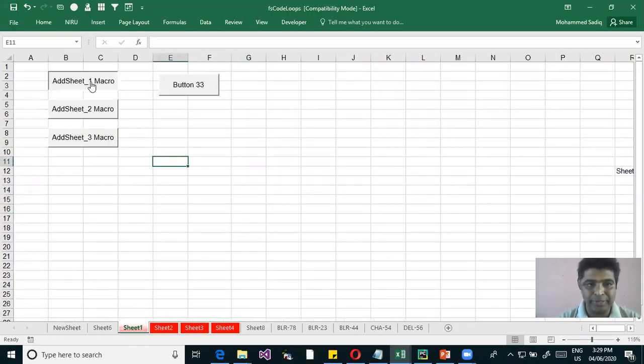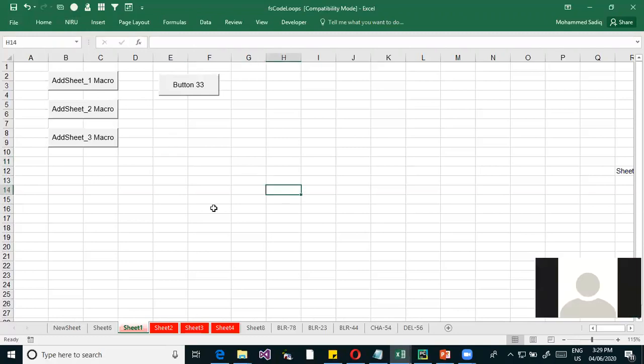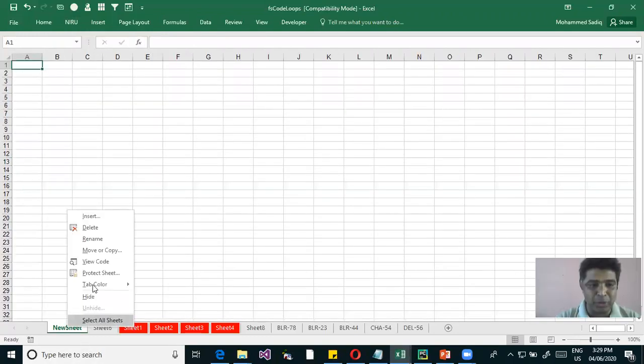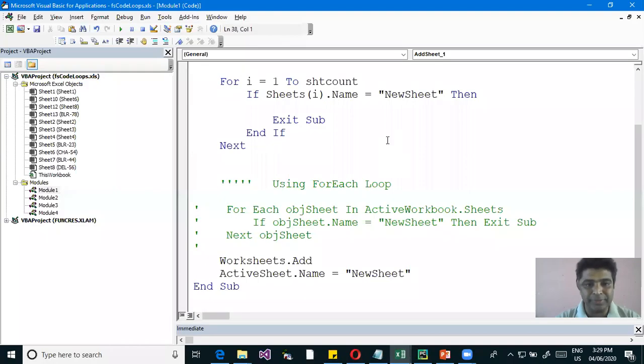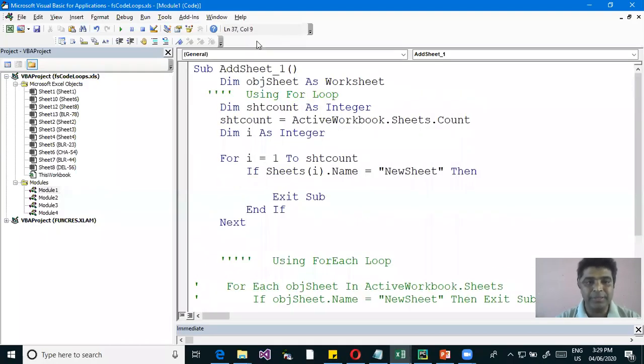Yeah. So now you can see when I hit on that, the program is not terminating abruptly. It says, okay, there is one sheet with the name as sheet, a new sheet. So it is just coming out without doing anything. Got it? So if this sheet is not there, in that case, what happens is this loop,